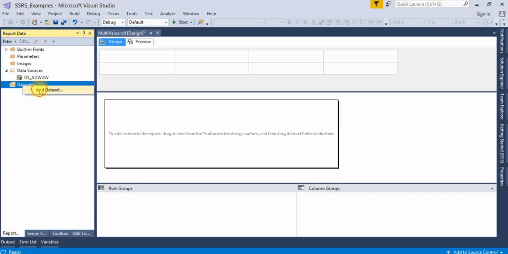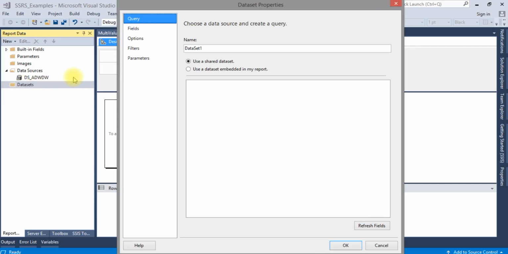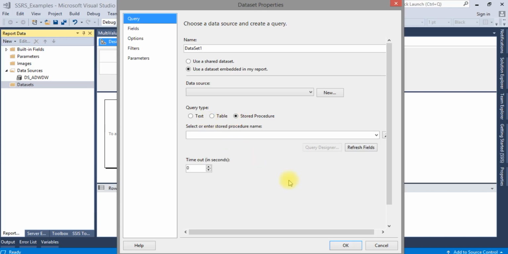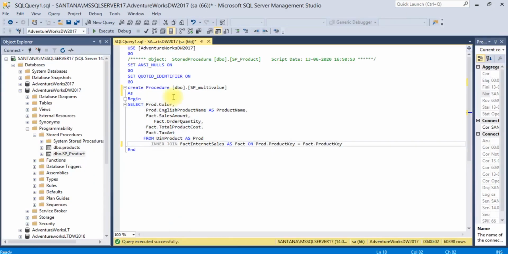Now here, for the data set, I am going to use a stored procedure. So let me first configure the stored procedure. This stored procedure is going to accept one parameter that will be a multi-value.